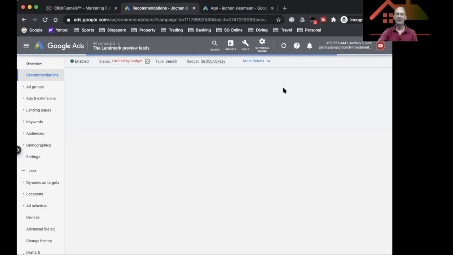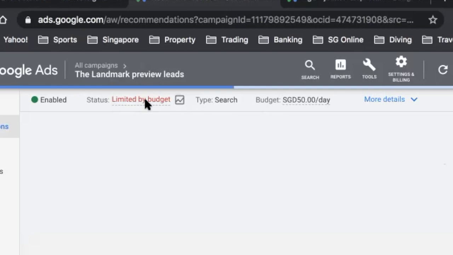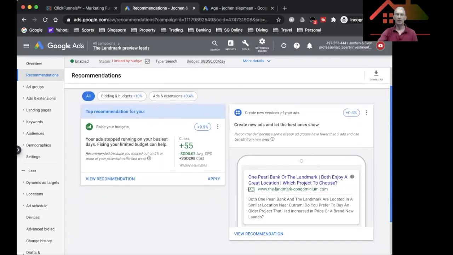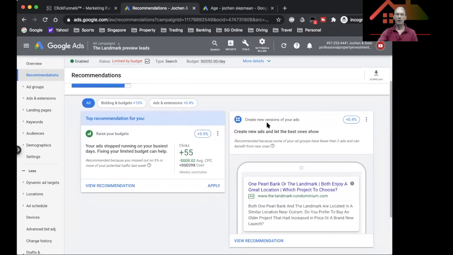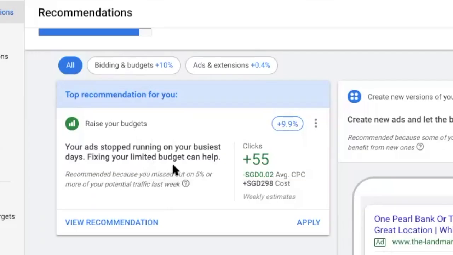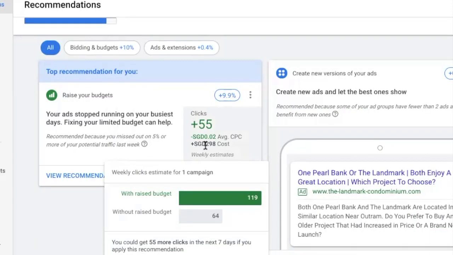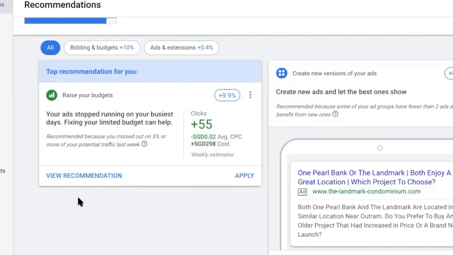You probably guessed it, by increasing the budget. Up here, you already see it's limited by budget. So these are the suggestions that it gives to me right now. I can increase my optimization score by another 9.9% by increasing my budget. It would like that I apply this recommendation and then I pay a fair bit more, which I don't want. So I'm not going to follow the recommendation,